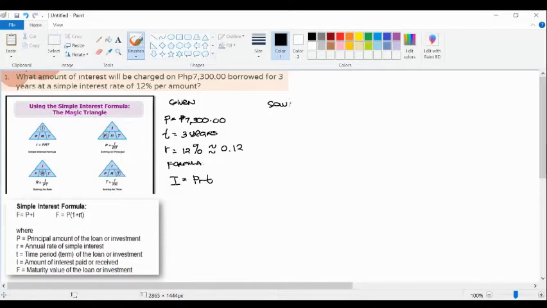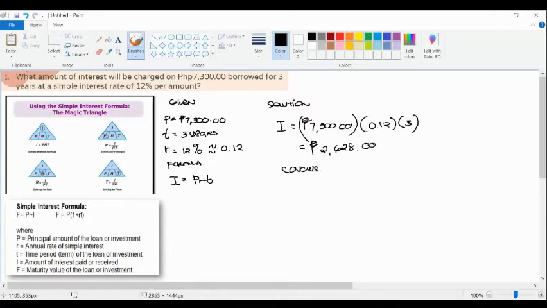Okay, so let's proceed with the solution. So I is equal to 7,300 pesos times, what is your rate? 0.12 times 3. Okay? And getting the product of this, it will give us an answer of 2,628 pesos. So your conclusion, the principal will earn an interest of